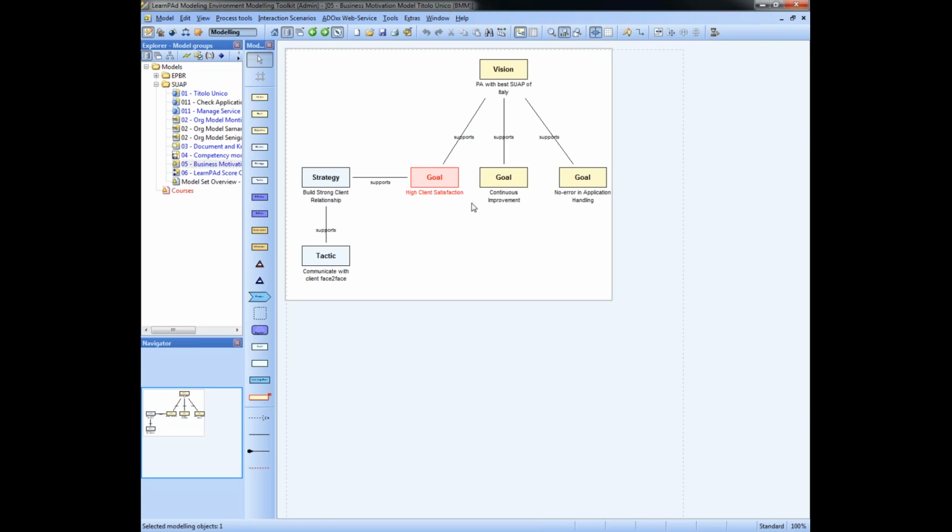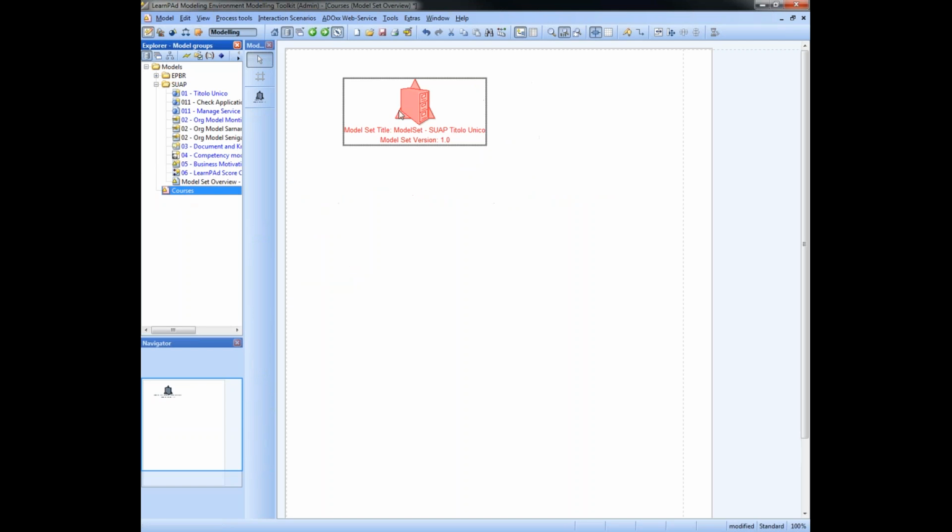It says, for example, this strategic goal in the KPI model is defined for the goal of high client satisfaction, which actually supports the holistic vision of being the best public administration, which is offering the best SOAP in Italy. Okay, it was basically the learning content and the measurement framework. Let's go back to